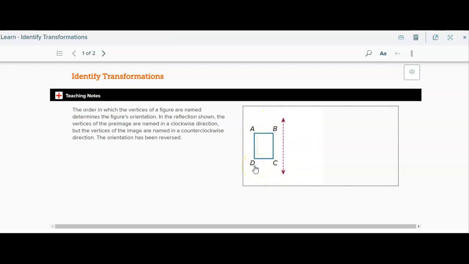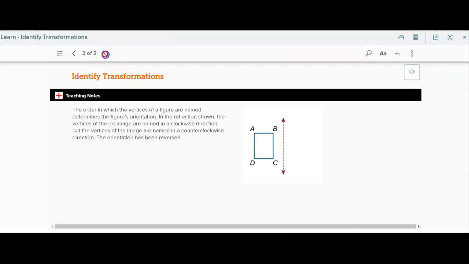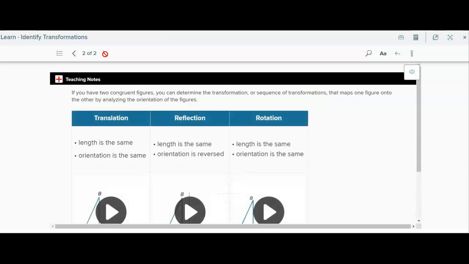Okay, but when we look at a reflection, in this case a reflection over this line, A, B, C, D goes in a counterclockwise order. So if this happens, then what we say is that the orientation has been reversed. And this lets us know what transformation has taken place, because not all of them reverse the orientation. So only some of the transformations will the orientation reverse. So with a translation,